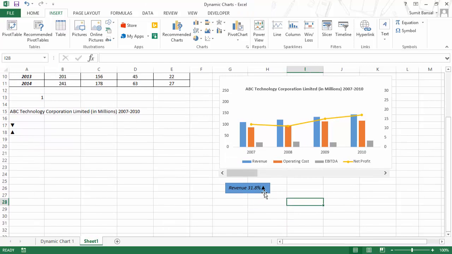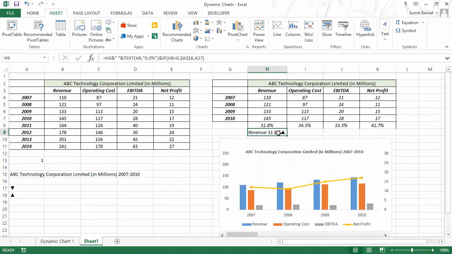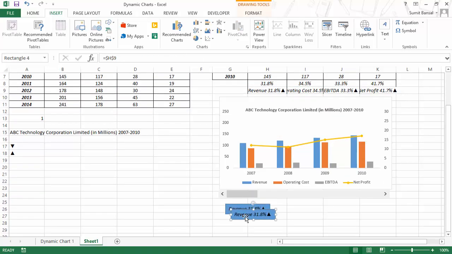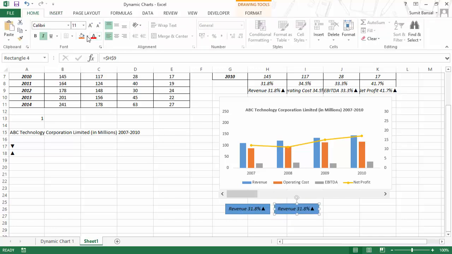So similarly you can have the value for revenue, operating cost, EBITDA and net profit. And if you just want to copy it here, you can see that this has been replicated for all these. And if now you want, you can simply replicate this text box, change the color. So I would go to home, and I would make this in color of operating cost, and I would change this reference, and I would make it operating cost, this,